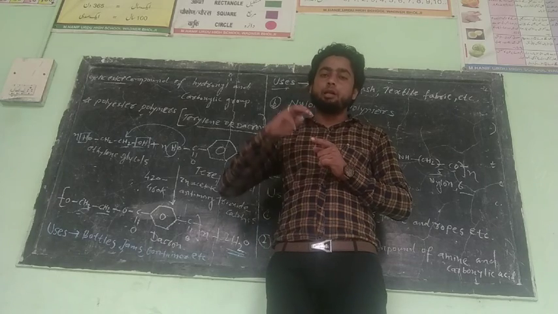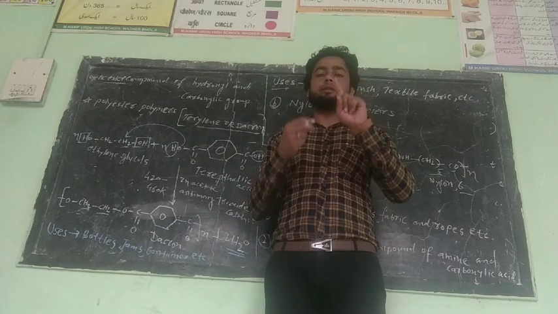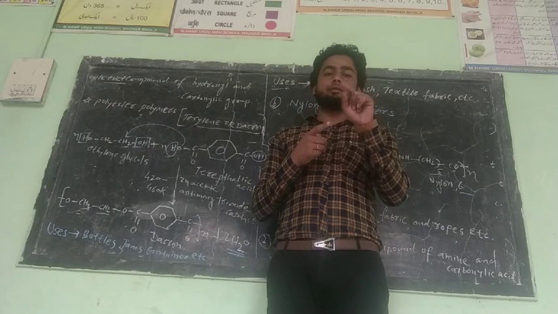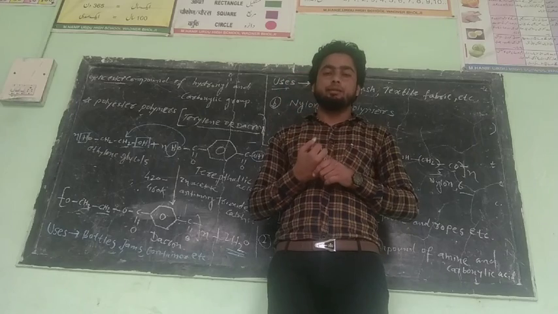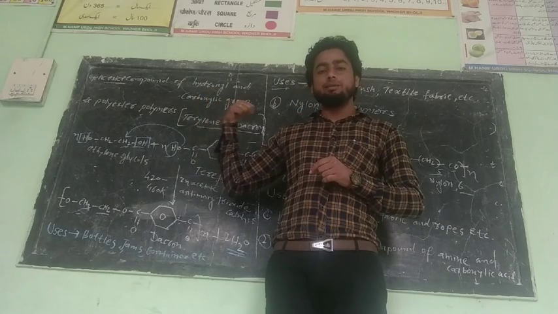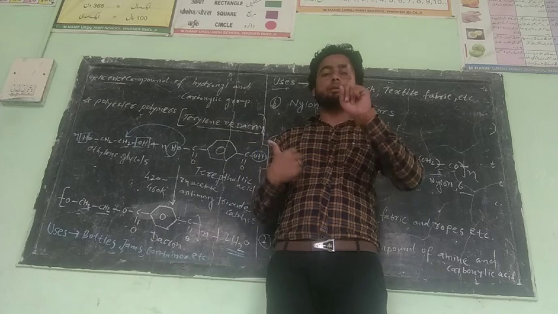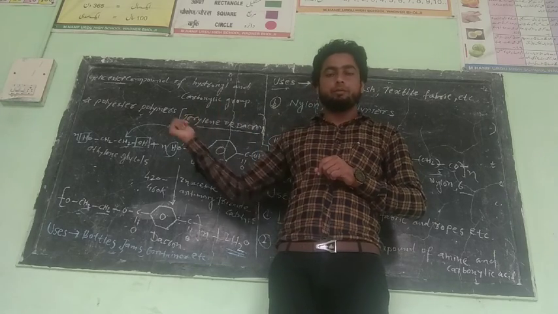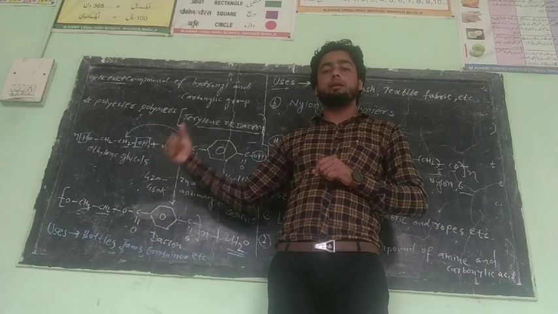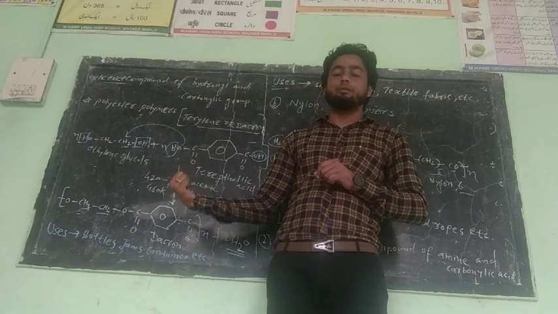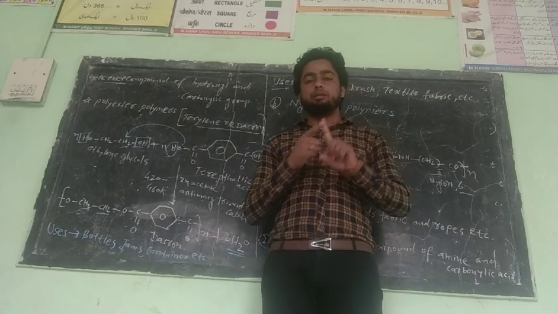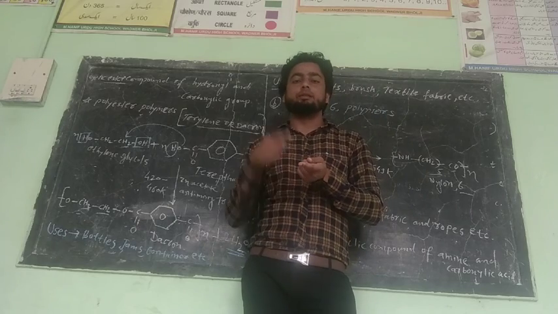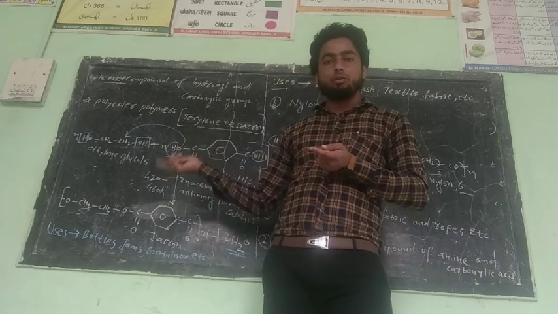So it's all about the preparation of polyamide polymer. It contains two types, nylon 6,6 and nylon 6. Its uses, for nylon 6,6 and nylon 6. And the second polymer, polyester. Polyester contains only one polymer, that is called terylene or Dacron. How to prepare? We take the reactions. Okay. And a question also asks the uses of these three polymers. It may be a polyester polymer, polyamide polymer, or especially nylon 6,6, nylon 6, or Dacron or terylene.